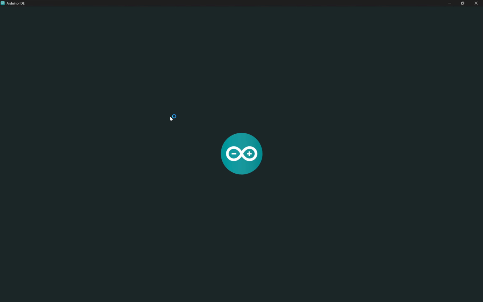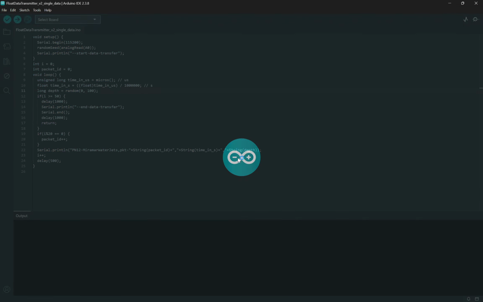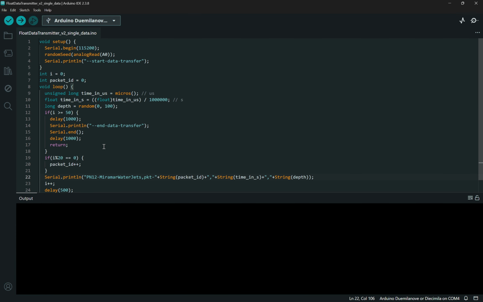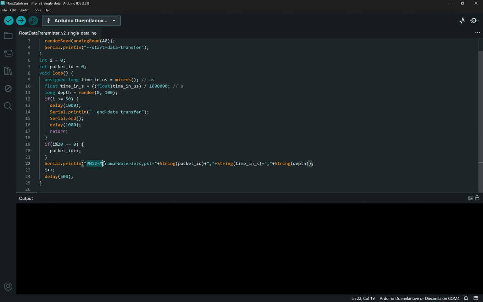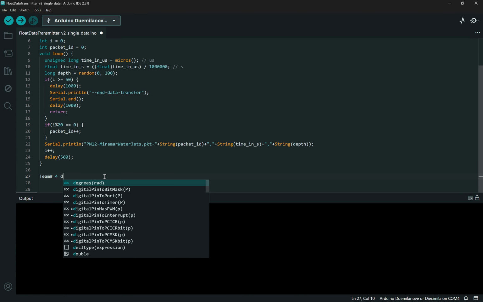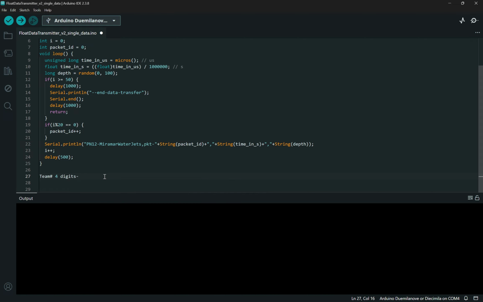I'm going to show you what my Arduino is running. You would have your float, which sends to your receiver through wireless, which would be Wi-Fi, Bluetooth, or LoRa, and my Arduino is simulating the wireless receiver. Here, I'm sending data in the 2024-2025 format of the float. The format is the team number, which is 4 digits, with a dash and the team name,